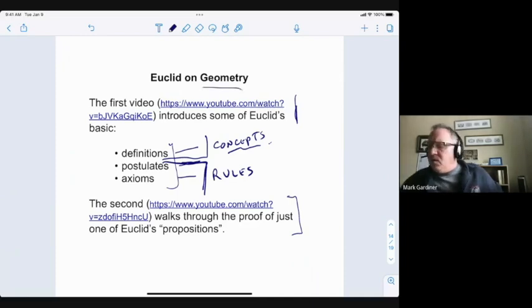Now, when you watch the Euclid video, I think it's helpful to approach geometry in the same kind of way that he did. So Euclid's coming at geometry at a time long before it was associated with numbers and measurements. Now, typically when we think about geometry, take an angle, for example, we conceptualize it in terms of how big it is or how we can measure it in terms of degrees. And so that uses number theory or basic numbers to understand, in this case, geometrical angles.